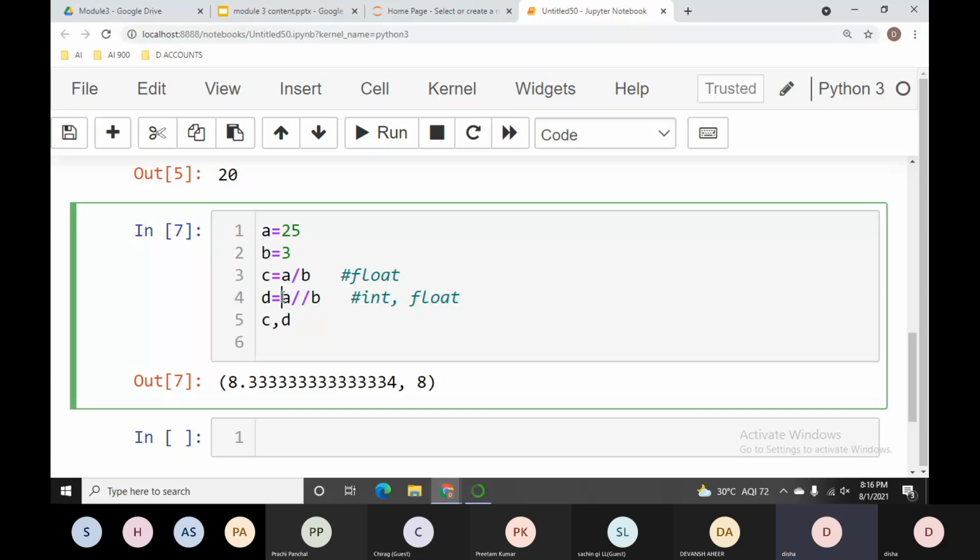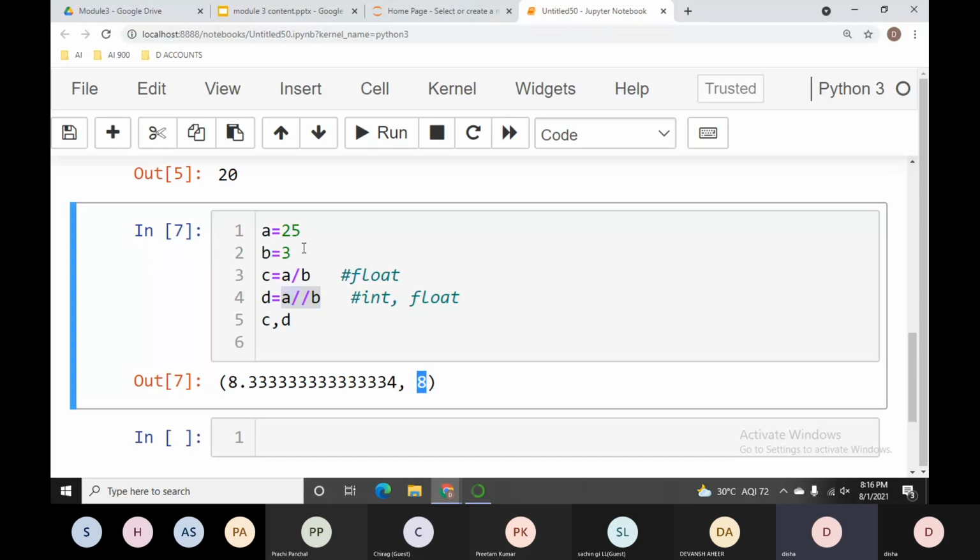Division will give you the result in float, and you can see that when you divide 25 by 3 and use your float division operator, you got only the integer number, which was 8.